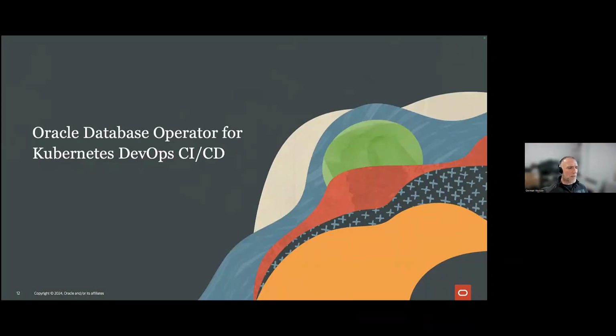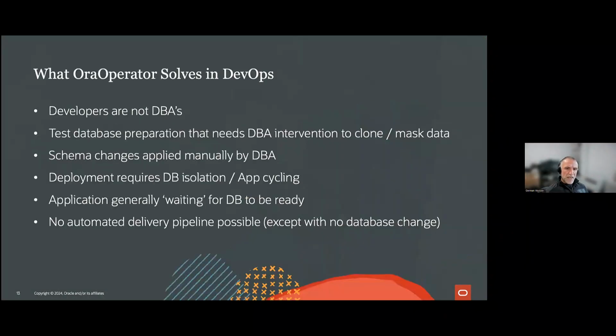So let's talk a little bit about CI/CD. And what is it that the operator can solve for me if I'm doing DevOps, okay? So developers are not DBAs. Developers do not want to wait for a DBA to actually provision a database for a specific test environment. They want to go self-service, right? They want to be able to create and deploy databases and destroy them on demand.